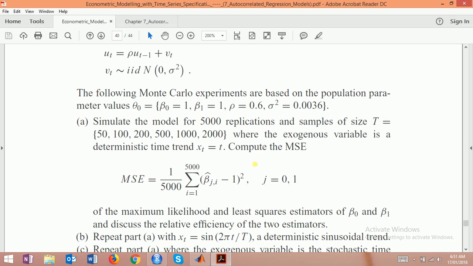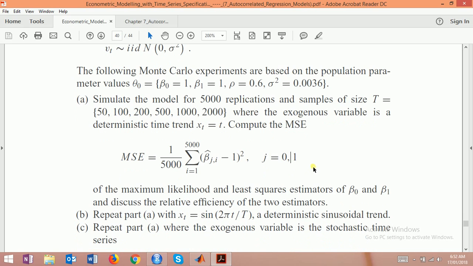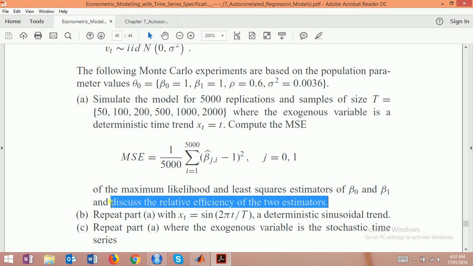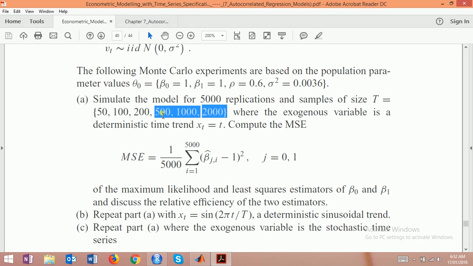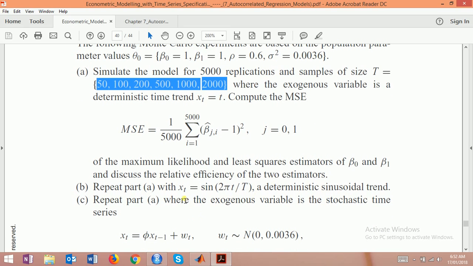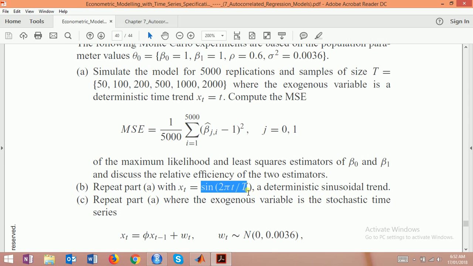Compute the mean squared error of the estimated beta hat minus beta 1, just like before, and of beta hat minus beta naught, squared and divided by the replications, for the maximum likelihood and least squares estimators of beta naught and beta 1, and discuss the relative efficiency of the two estimators. These six columns will be replicated. Now we want to do it with x being sine of twice pi t divided by T,